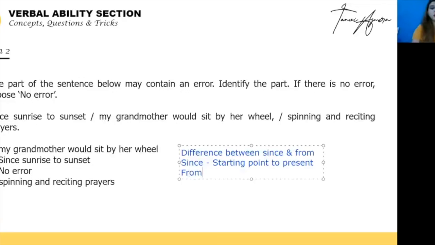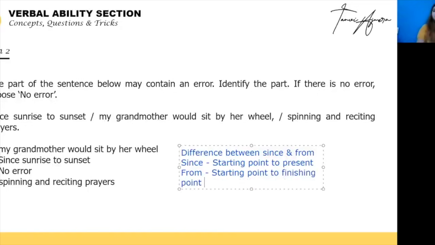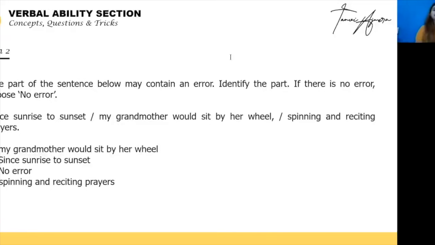Whereas when we are talking about from, you will have starting point to finishing point or ending point, right? That is the difference between since and from. So if I say that from 9:30 to 1:30, there will be no electricity, right? So 9:30 starting point, 1:30 ending point. Similarly, for this question, if you see sunrise to sunset, what is my starting point? Sunrise. What is my ending point? Sunset, right? I'm indicating that from this time to this time. So of course, the since has a problem. We cannot use since, we will have to use from.